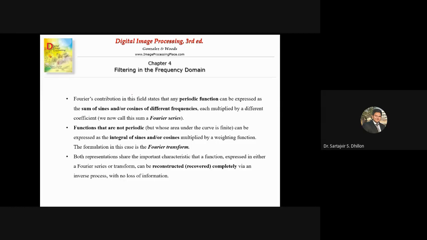And it includes the Fourier series, Fourier transformation, discrete Fourier transformation, and the fast Fourier transformations, and the various filtering procedures involved in the frequency domain of digital image processing. And in this chapter, we are going to learn about the